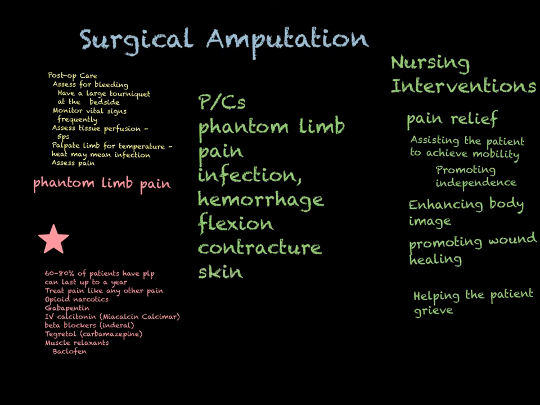Skin breakdown. And I'm not just talking about the skin breakdown from immobility, although that is definitely always a consideration in a patient who has mobility issues. I'm also talking about the skin breakdown that can occur from the prosthetic device. So we want to educate this person, have stump socks and prosthetic liners, and make sure that when they wash with a mild detergent, they're going to wash their prosthesis. Make sure that it is completely dry when they put it on, no wetness, and make sure it's fitted, and make sure they go back to their prosthetist for adjustments as needed.